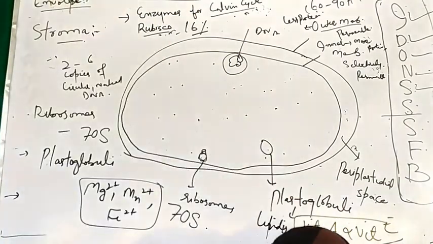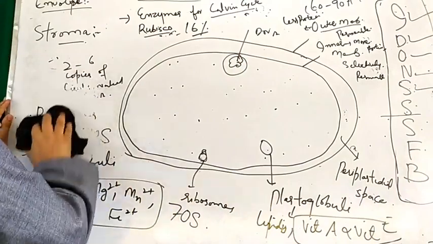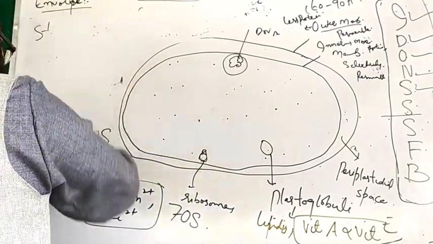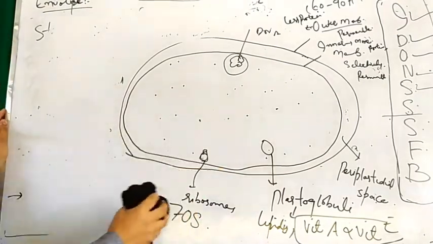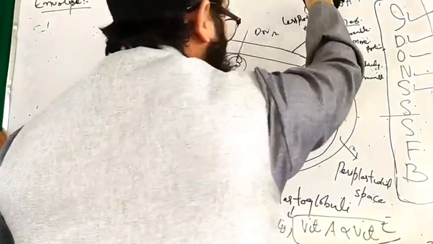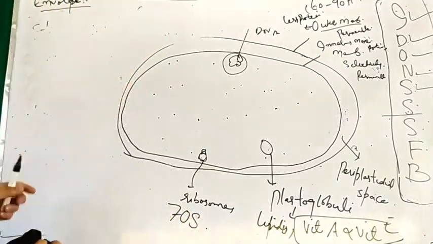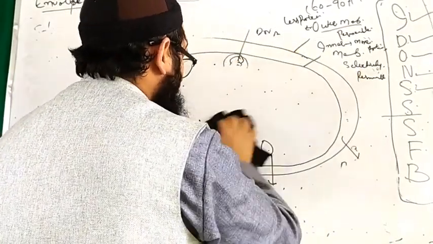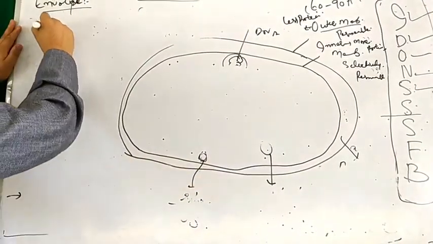Then the final part we have to discuss is the thylakoids. I decided to discuss the thylakoids in the later part, that means after discussing all these three parts, because that is to be discussed in finer detail. Questions can be posed from the thylakoids. Okay, so let's rub it off. We have discussed this part, the stroma is there. Let us see what the thylakoids are.